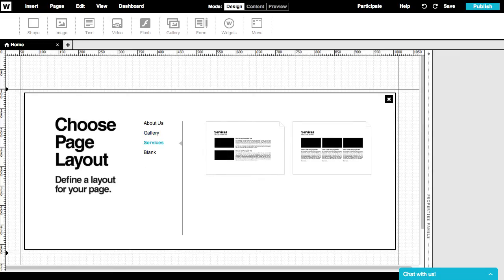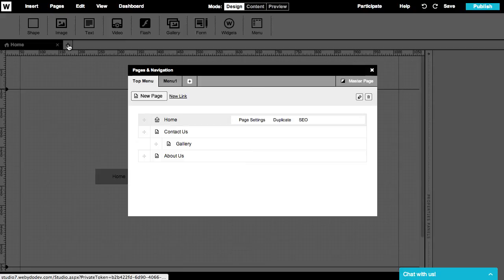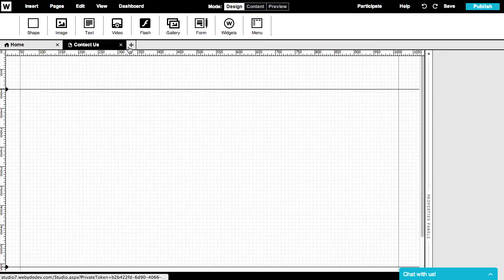For each layout, you have some nice structure examples that you can fully adjust to suit your own needs. This layout will affect only the main content area of the new page and won't affect your header or footer at all. Use the Page tabs to move between the different pages of your site and continue working on their